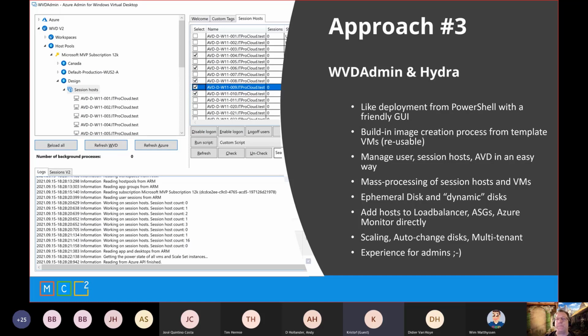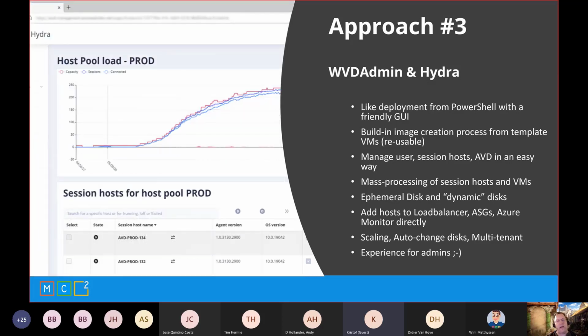Last year, I also built some other tools around Azure Virtual Desktop, Windows Virtual Desktop, that was for scaling, for VDI, for multi-session host. And last year, I decided to bring all the parts together and build another solution based on WVDAdmin to have a fancy web app where you can also manage Azure Virtual Desktop